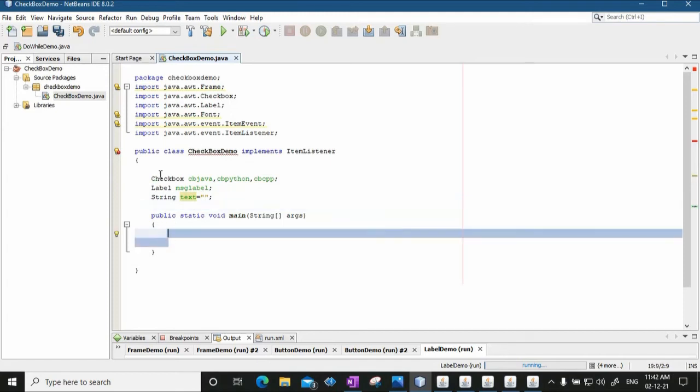So these are the variables that we use. Now, how will this program work? The interpreter is going to execute from main, and in main we are going to create an object of the CheckboxDemo class.